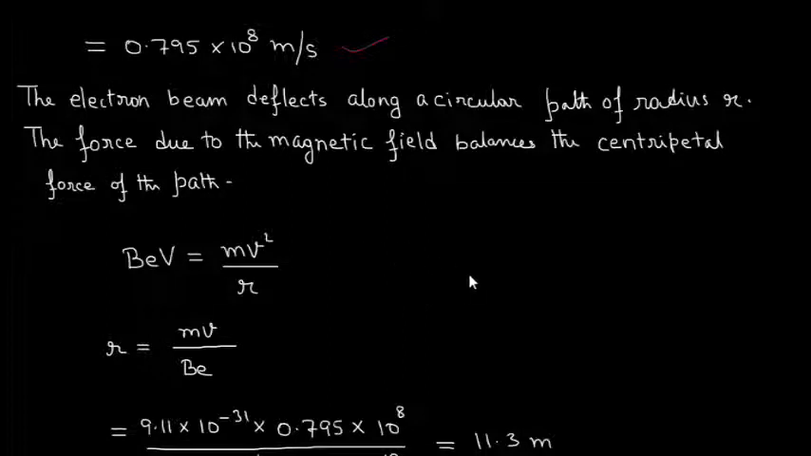So the electron beam deflects along a circular path of radius r. The force due to the magnetic field balances the centripetal force of the path. That is, BeV is equal to mv square by r. R is equal to mv upon Be. Putting the values, we get